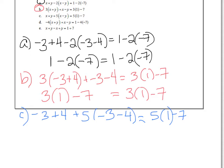On the left side, -3 plus 4 is 1, plus 5 times -7. That is not what the right side says, so I know C is not a solution. So now checking D,